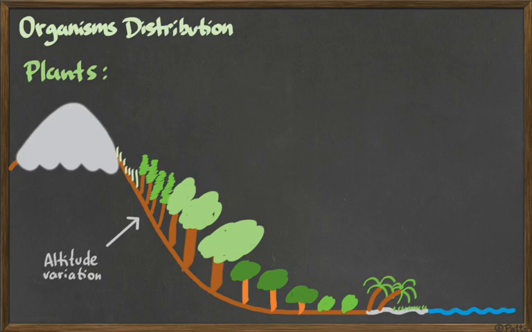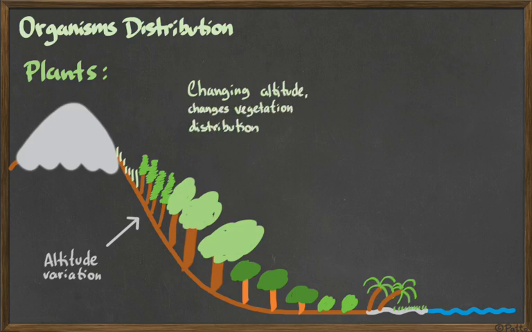If you go to Campos Jordão, there will be pine trees. If you go to the sea by Ubatuba, there will be coconut trees. So different altitudes, different species. And why is that? Well, when you change the altitude, you change the vegetation, you change the distribution, because you might